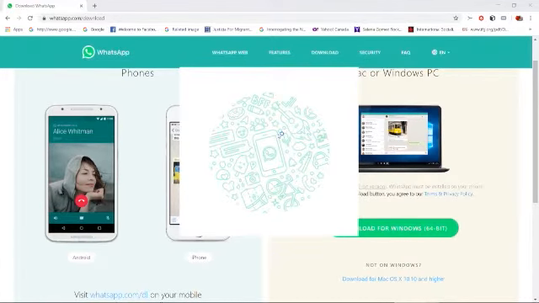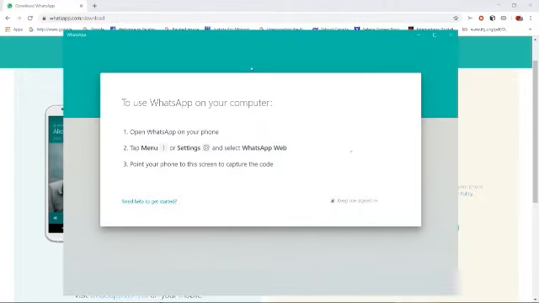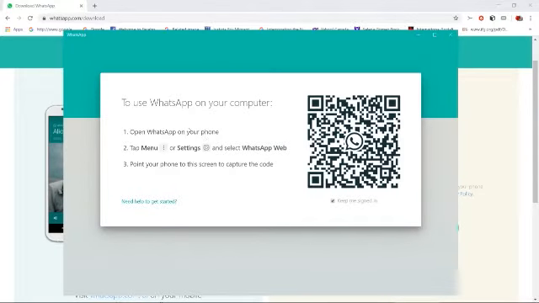It's taking a long time. And this page appears, and it really gives you the instructions on what you need to do. It says to use WhatsApp on your computer, open WhatsApp on your phone. So to do that, you go to your menu, open WhatsApp on your phone,